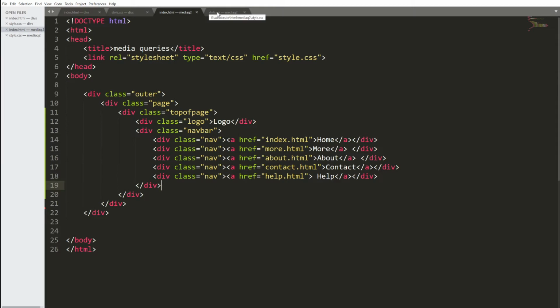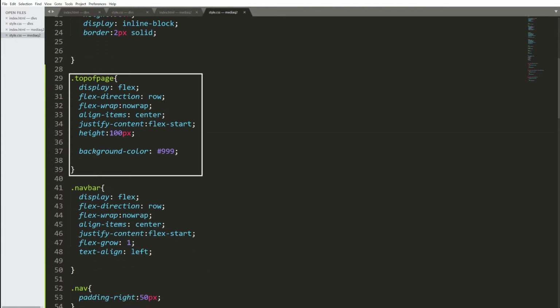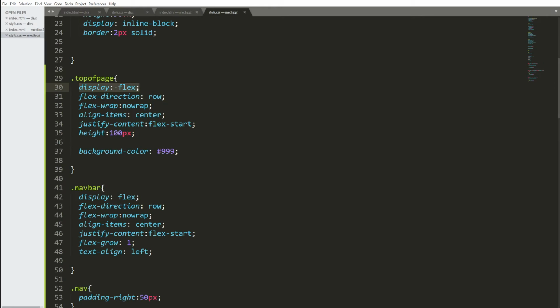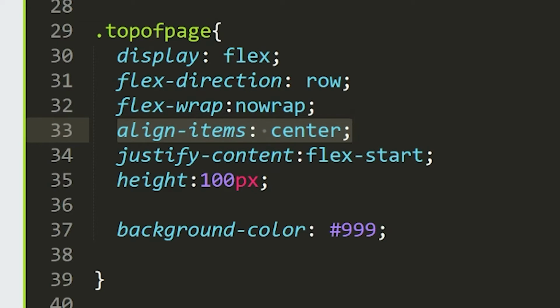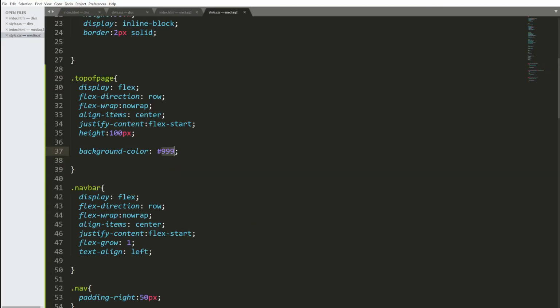Let's take a look at the styling. This is the top of page, which is a flex box, and that means the items within the flex box, such as the logo and nav bar, those are the two main items, will be displayed in a row. Without wrapping, items will align vertically, and they will align towards the left from the flex start. And I gave an overall height of 100 pixels to this top bar area with a background color of light gray. The nav bar